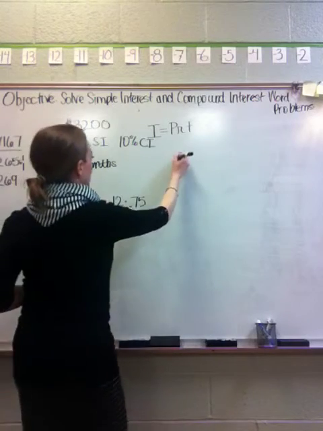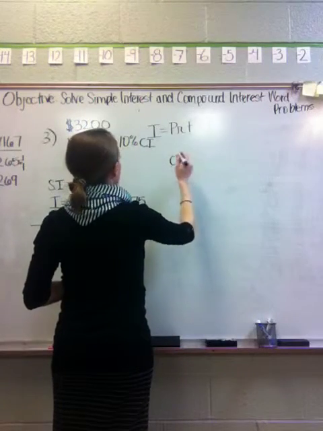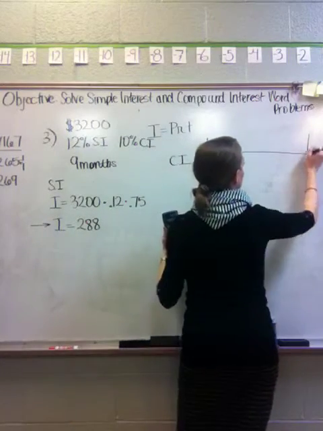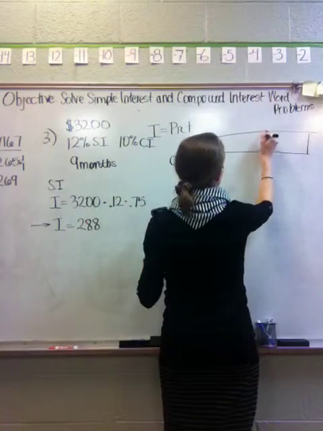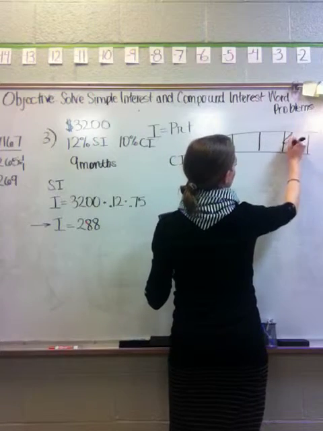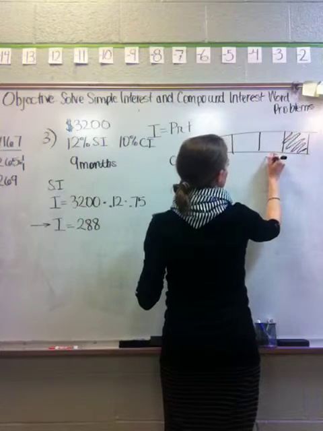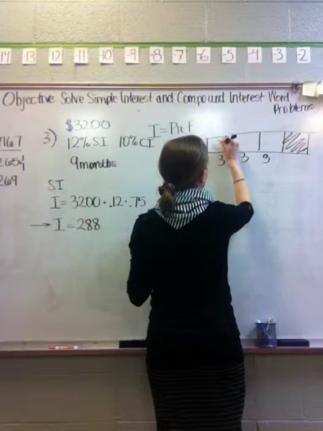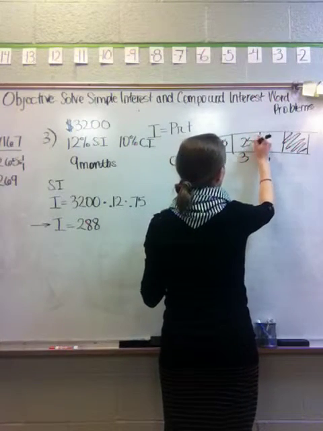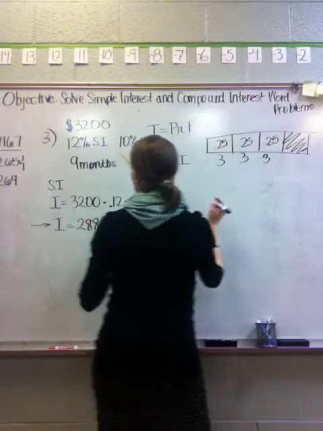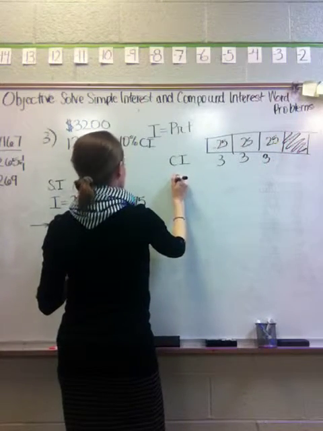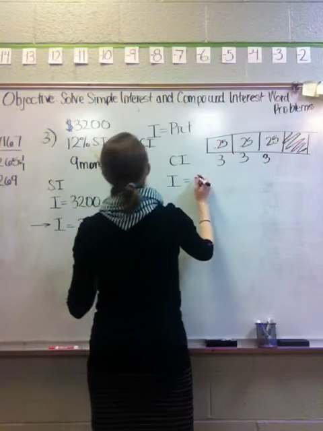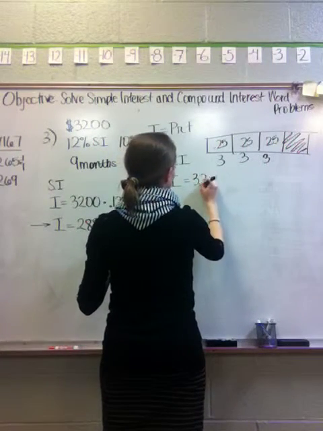All right, so when I do compound, in 9 months, if this is my year, I'm not counting this last quarter. This is 3 months, 3 months, 3 months. This is 0.25 of a year. So I have 3 times. Interest is equal to